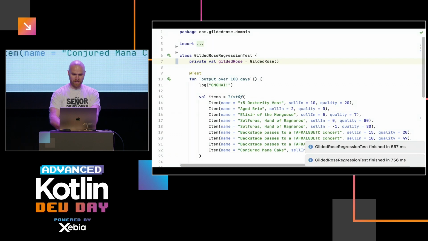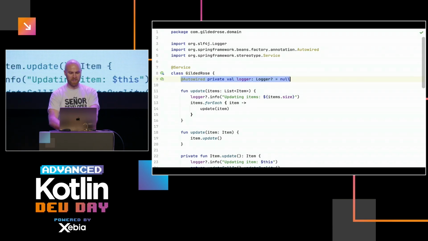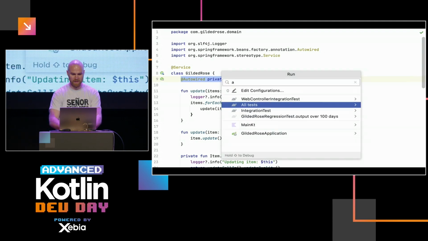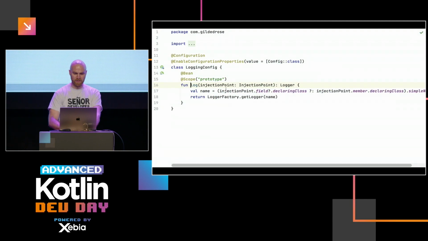And let's look at the GildedRows, I guess, how it's implemented. So it has a service annotation, that's how Spring knows it's a component, and what we missed is that there is a logger, but it's a nullable logger. And it's not tested anywhere. I suppose that's why we never even noticed. Logger is an interesting case. The way it's used here is just dumping lines of what happened, and maybe the lowest hanging fruit for now would be to see how it's implemented.